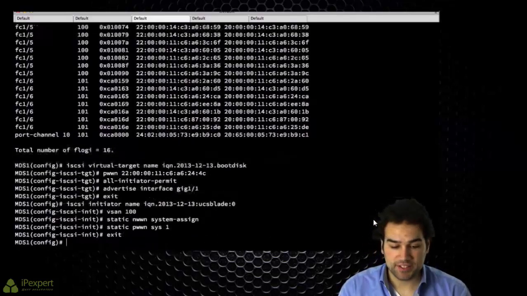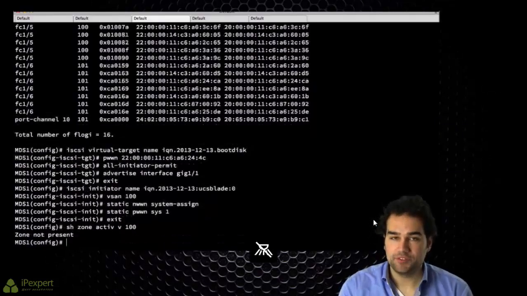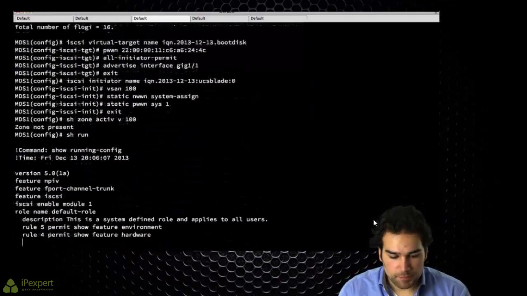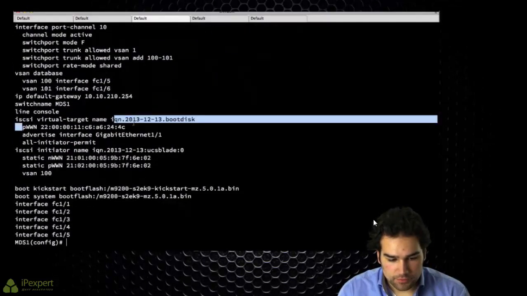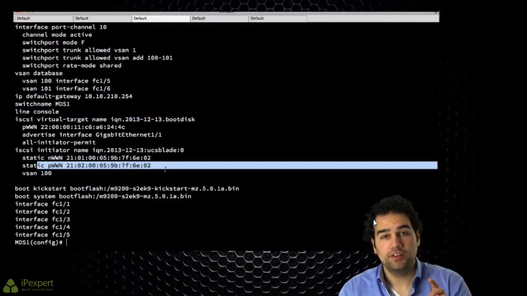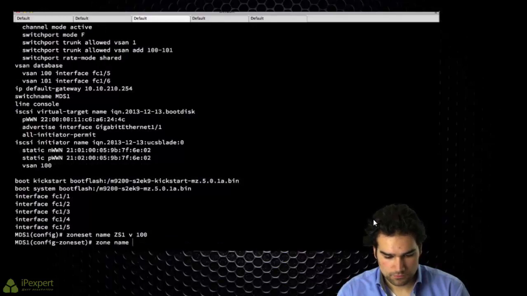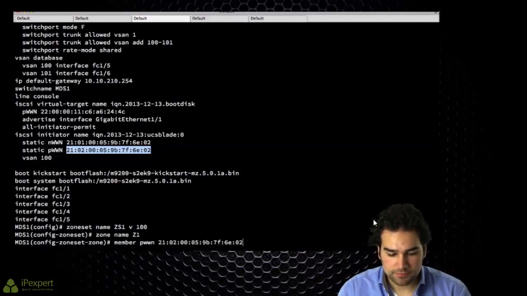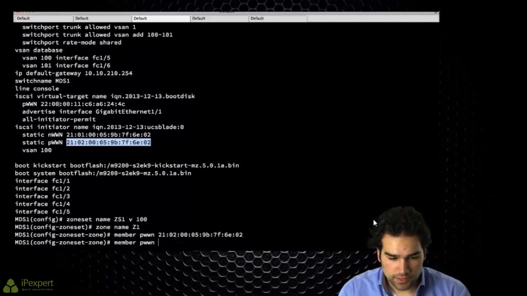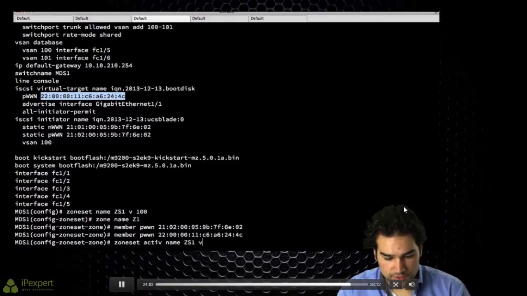What is the final step in my iSCSI configuration? Zoning. I currently do not have zoning in vSAN 100, so I'm going to take my two port worldwide names that I want to zone together. That is my target and my initiator. They need to be zoned together. So the initiator, that is my UCS blade, and the target. Activate the zone set,